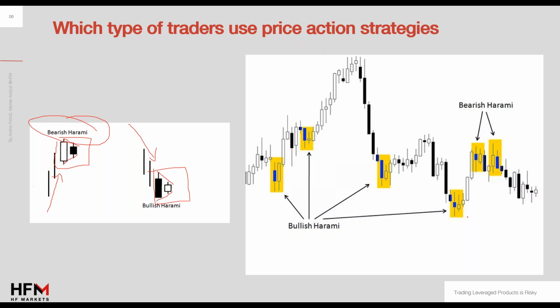So a bearish Harami is formed this way. We are in an uptrend, and we spot this Harami, lower high, higher low. That is a bearish signal, if, only if,